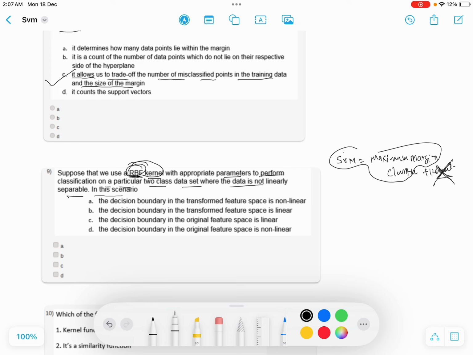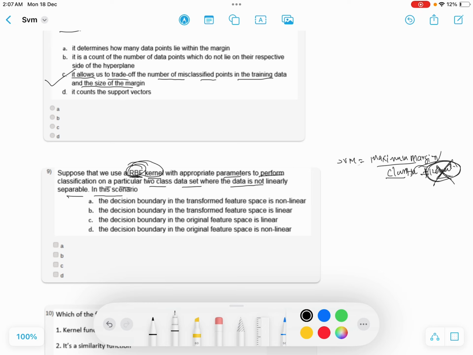And if you are allowing this kernel function into your algorithm, when you are training your examples for the maximum margin classifier with the kernel function, then